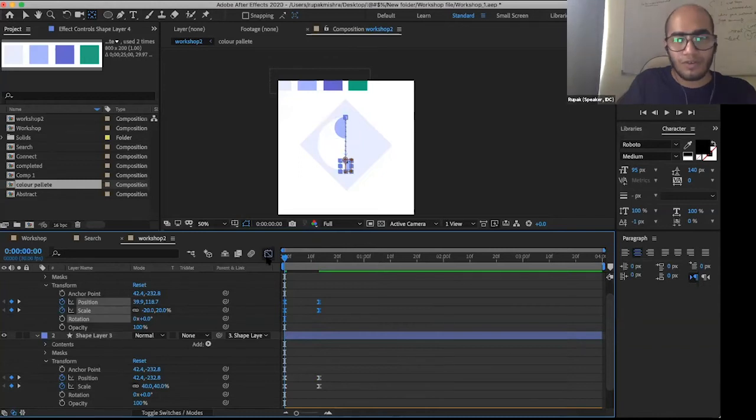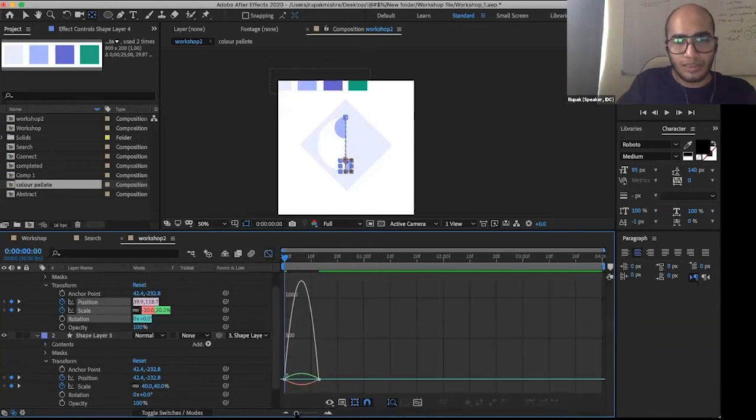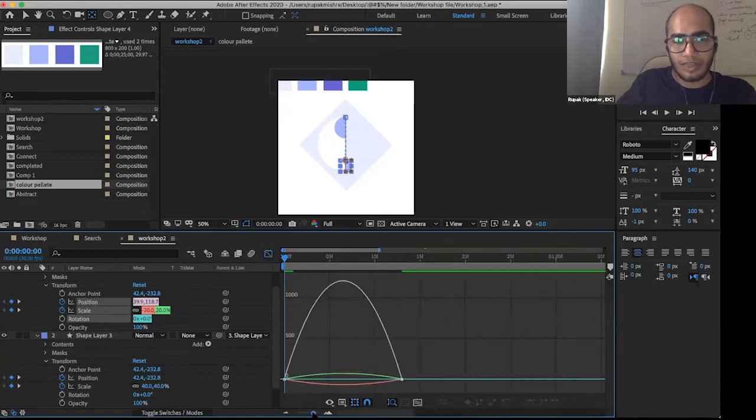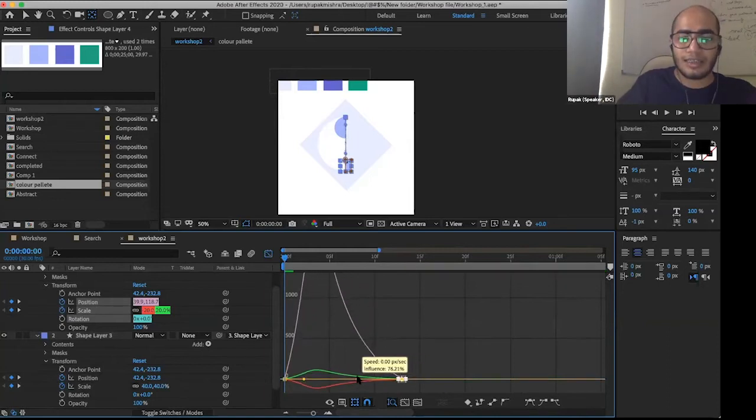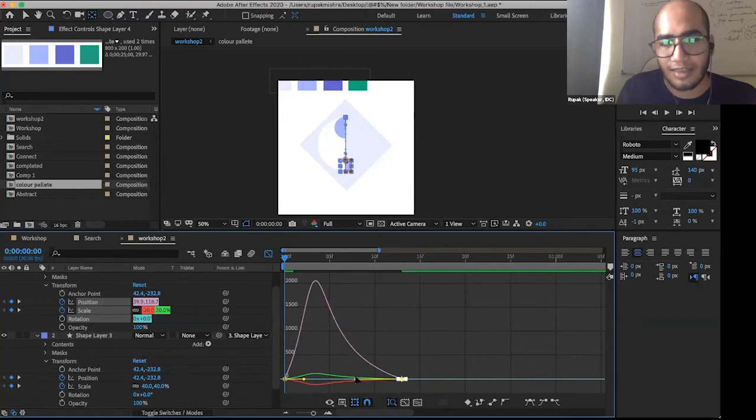Now when you go to graph editor, you will see 2-3 lines together because our position and scale are selected together. You can either go one by one or you can select together, doesn't matter. So drag and select the whole end together. You can see the dragging icon, and you can go ahead and drag it from the right side.